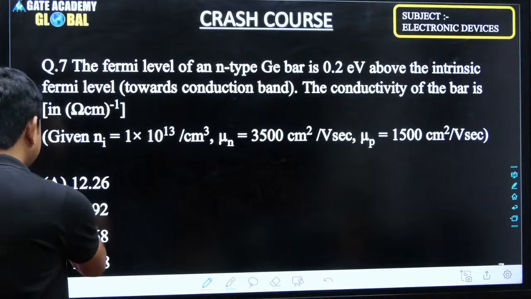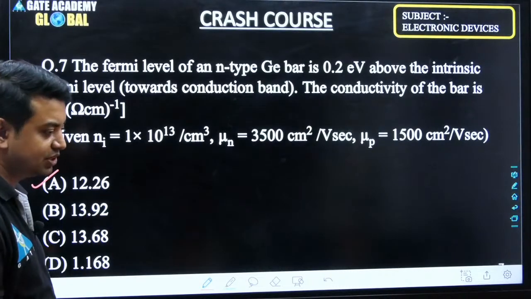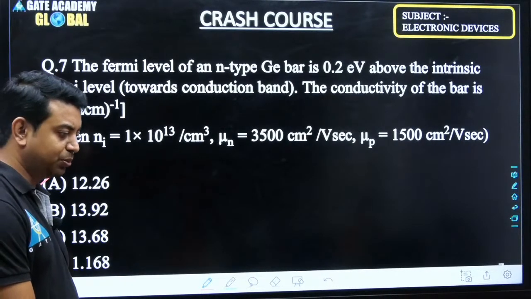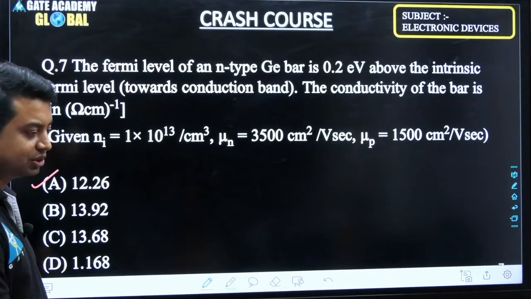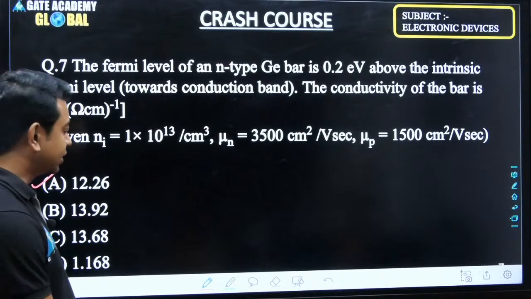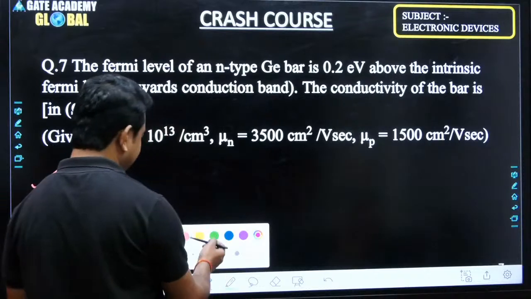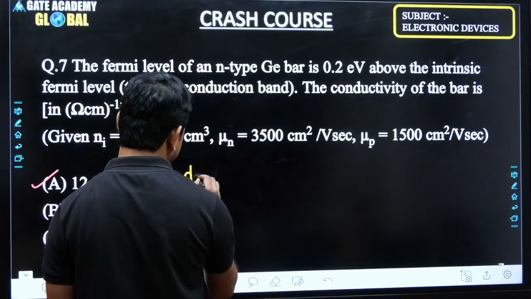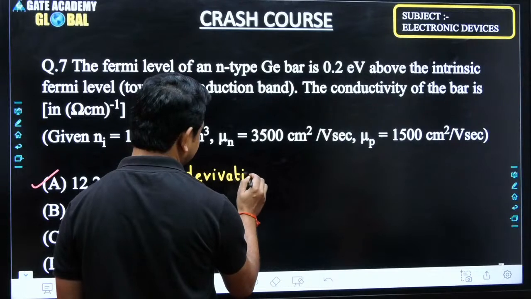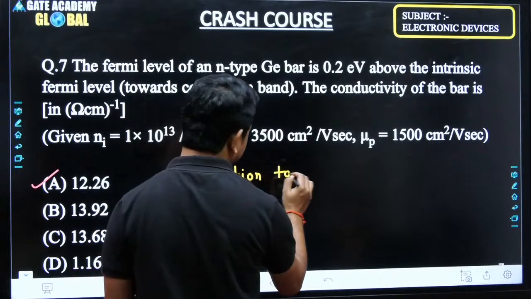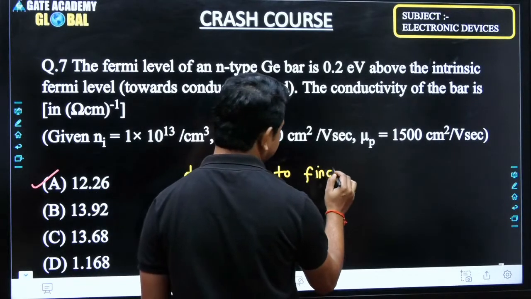So I think the answer is this one. Sri Devi has answered this one, 12.2 sir, option A. Are you getting the same? Tell me once. So can you have the derivation part? So this is your assignment. Do you have the derivation to find the